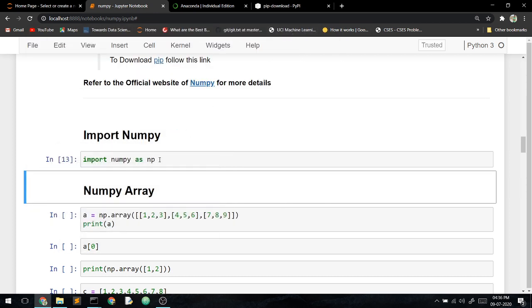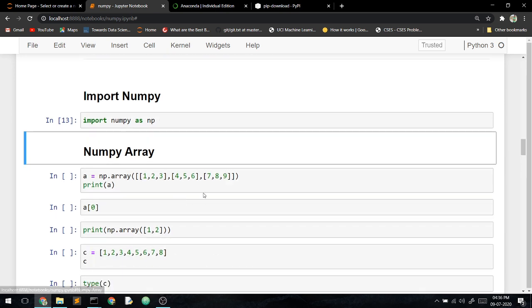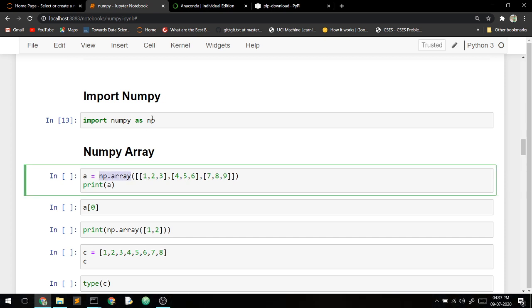So now you have seen importing NumPy. What is a NumPy array? A NumPy array is defined by writing np.array, because np is the keyword we are using. np.array in brackets, and in square brackets, this is the first element of the NumPy array, this is the second element, this is the third element.